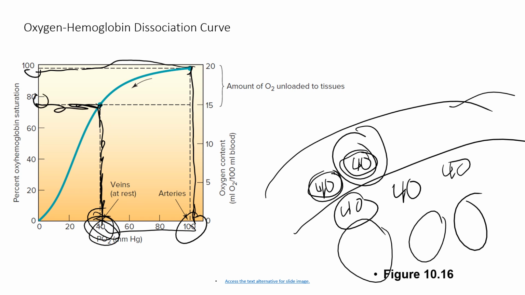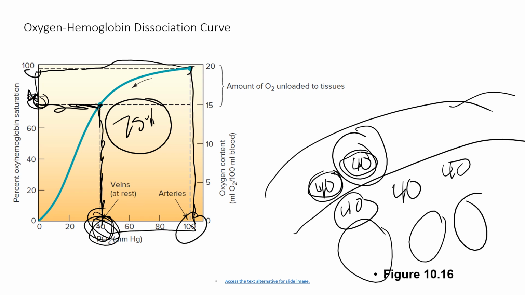Hemoglobin goes from being 100% saturated when the partial pressure of oxygen within the intracellular fluid is 100 to being about 75% saturated with oxygen when we drive the partial pressure of oxygen within the intracellular fluid down to 40 millimeters of mercury. Another way of saying this is, if you drive the partial pressure of oxygen within the intracellular fluid of the red blood cell down, hemoglobin will unload 25% of its oxygen. Another way of thinking about that is,